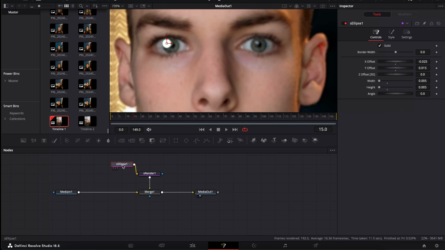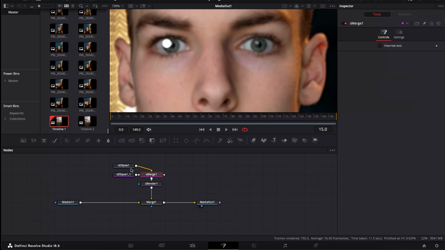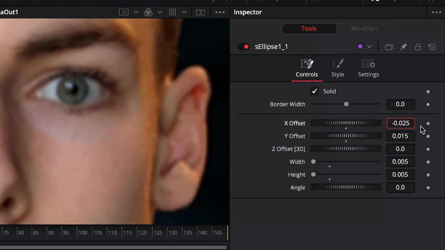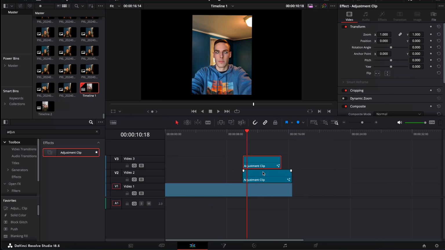Now we'll do the same thing with another ellipse, but to do this fast, we can just copy this with Control or Command C and Control or Command V. It copies it for us. If we select our second ellipse, we can change this negative 0.025 to positive, and now we've got these two dots. Now the reason we did this, let's go back to the edit page,